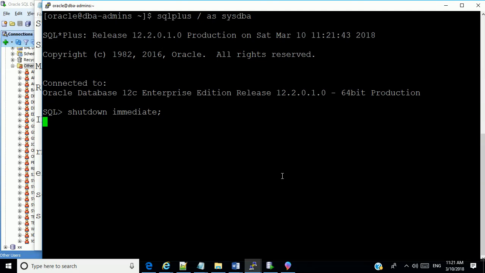But if you just run shutdown, it waits for everybody to disconnect first and all that kind of stuff. So it's not really advisable to run shutdown alone. Okay, here we go.